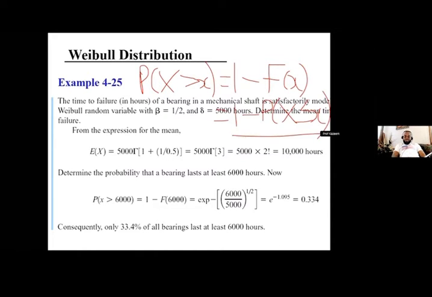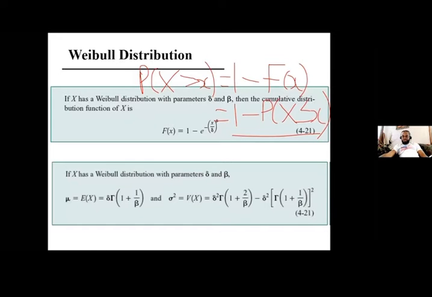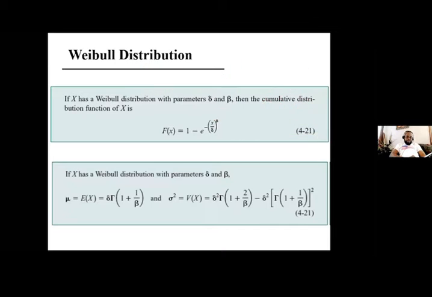So what are you going to do right now? You already know the CDF of Weibull. You're going to say 1 minus the CDF of Weibull, and I'm going to show you what I want to use. Give me 1 second. Now, this is the CDF of Weibull. Can you see that? This CDF is the probability of x less than or equal to small x. The probability of at least, that is a greater than, is going to be 1 minus this.